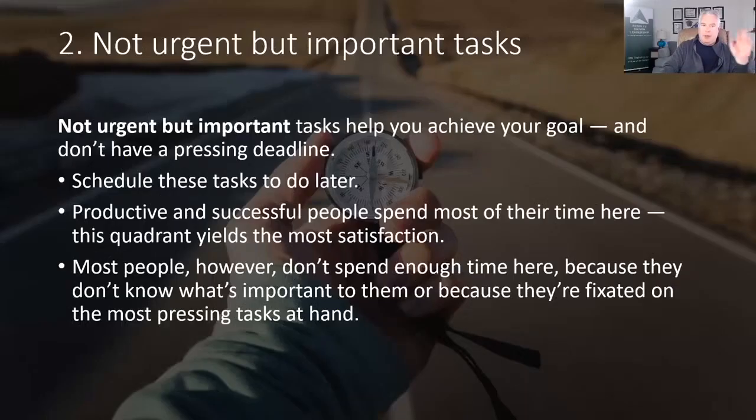That's quadrant 1. Quadrant 2, not urgent, but important tasks. These are the ones that help you achieve your goal. So let's talk about if you're running a sales team and I want to improve sales by 15, 20%. I've got to start thinking about the strategies, the tactics I've got to initiate. And there's going to be more on this in strategic leadership in that course. But it's what are the steps I need to take to get that done? And one of those may be, well, I need to hire a salesperson. Well, I don't need to do that now, but I need to make time over a course of several days, because that's not one act, that's a series of multiple acts to get this salesperson hired.